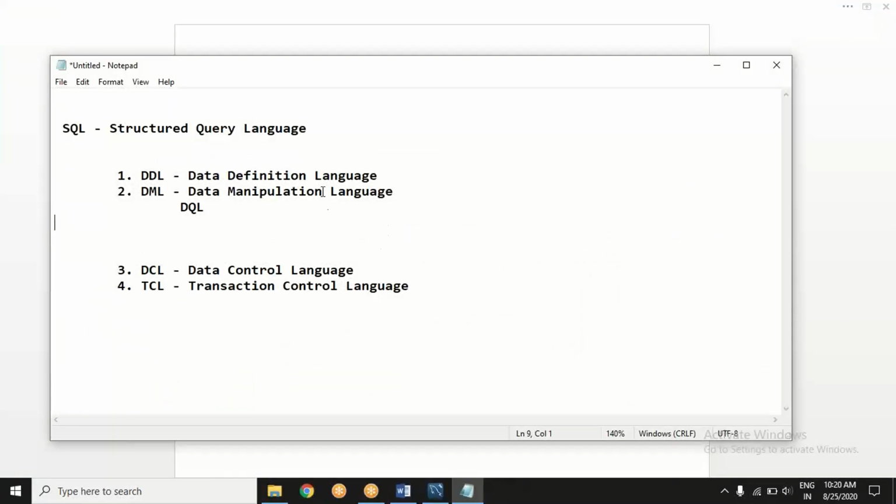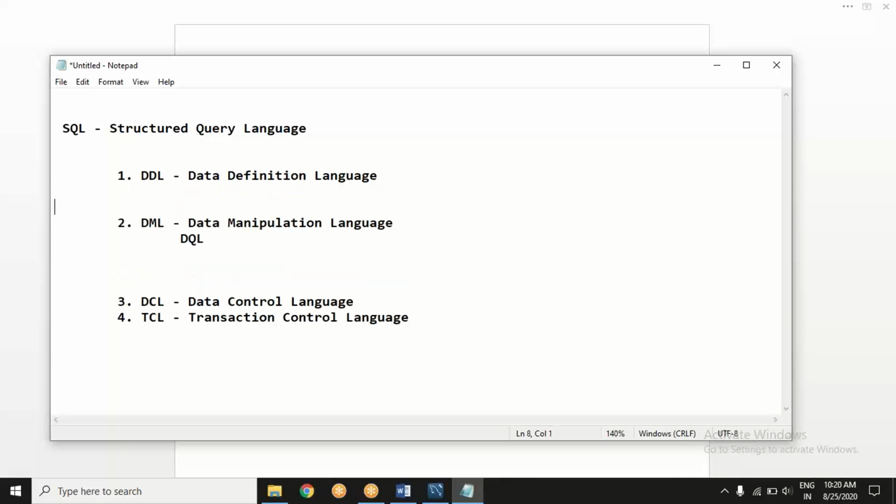Okay, so data definition language. As we already discussed, when data is collected, it has to be modeled in a certain standard way, and then it has to be uploaded on your database. If that is done properly, we call it extract, transform, load.